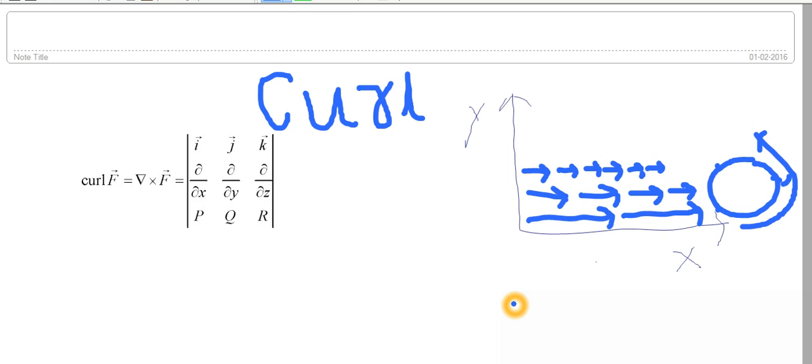Hi friends, now I am going to discuss with you the physical significance of curl of a vector. In order to know the physical significance of a curl of a vector, we just go through a phenomenon. That is, we observe a phenomenon, and then from that we extract the physical significance of curl. Suppose consider a river flowing downstream, and if I place some circular disc like this in the river, so what